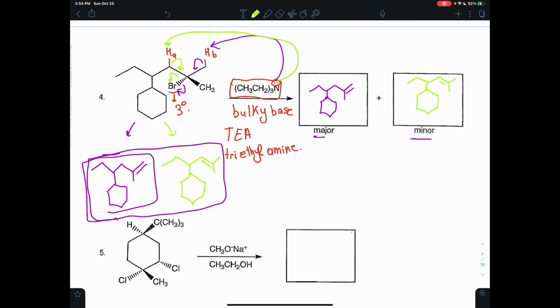So some people like to remember it as, oh, if there's a bulky base, the less substituted one is the more stable. But I like to think about it as where is the base gonna grab which hydrogen. This hydrogen B is more freely available. There is less steric hindrance for the base to come in and grab it, because this base is pretty big, so it wants lots of space, right? This is how I like to think about it. Some people think about it as, make sure when you have a bulky base, the less substituted one is gonna be the more stable one. So,